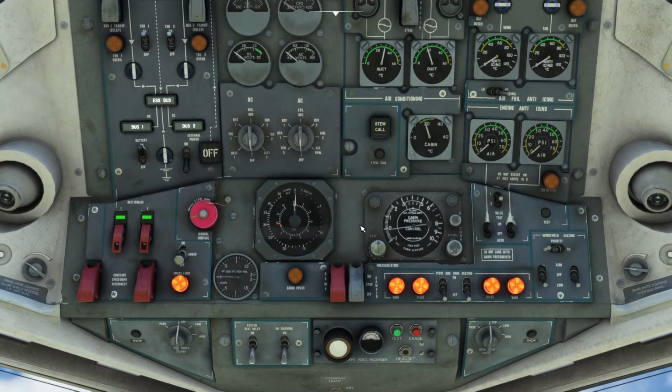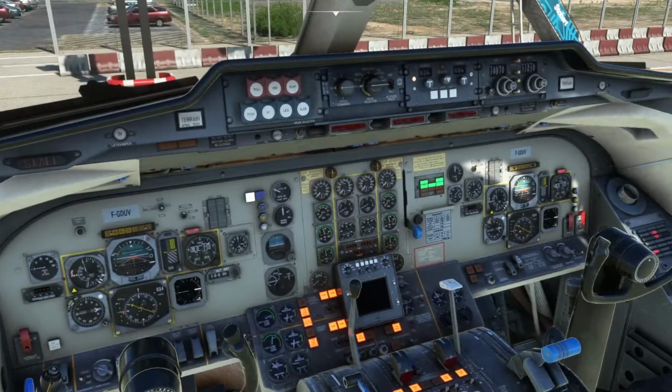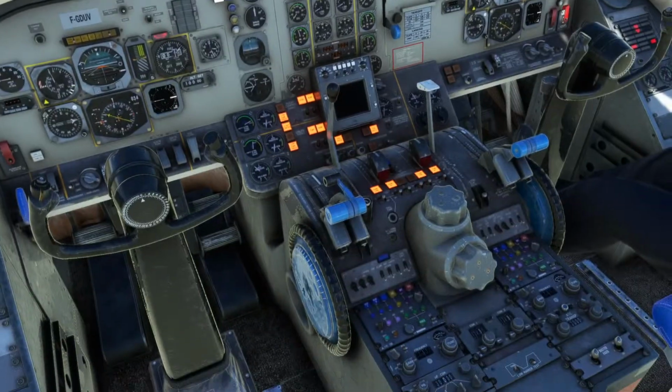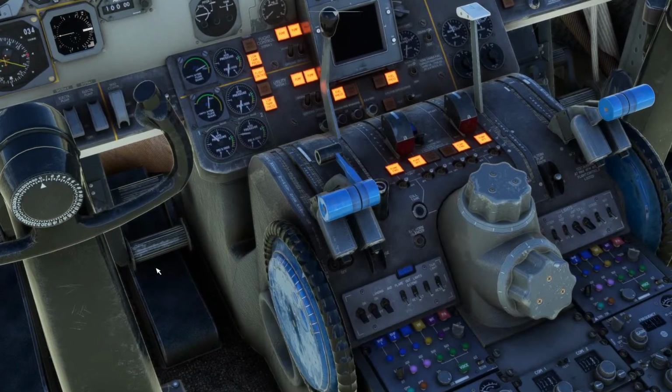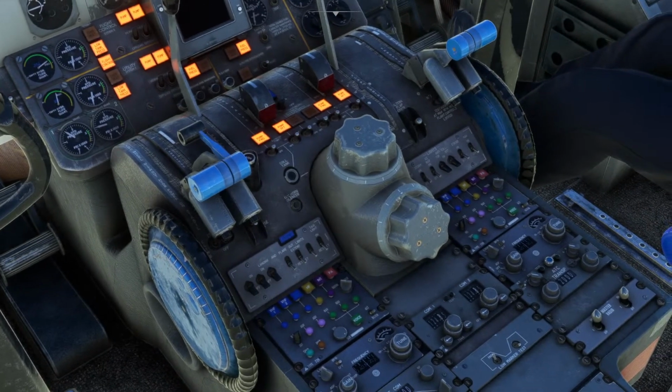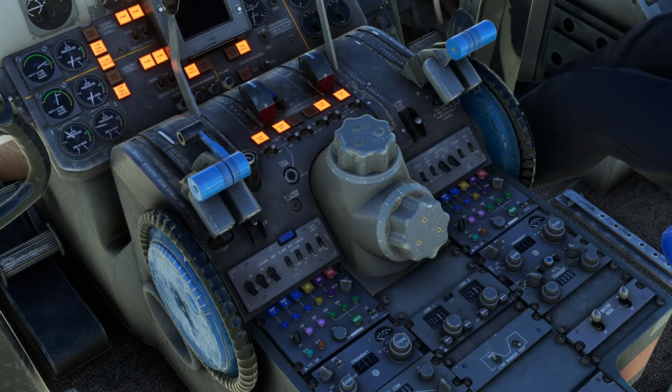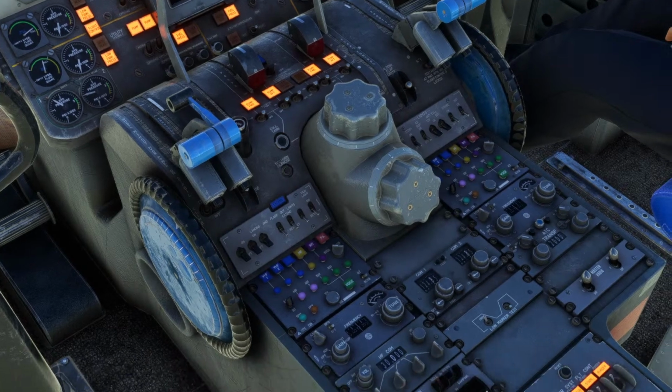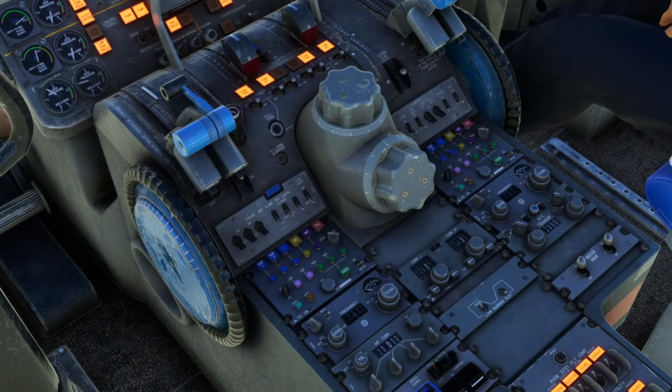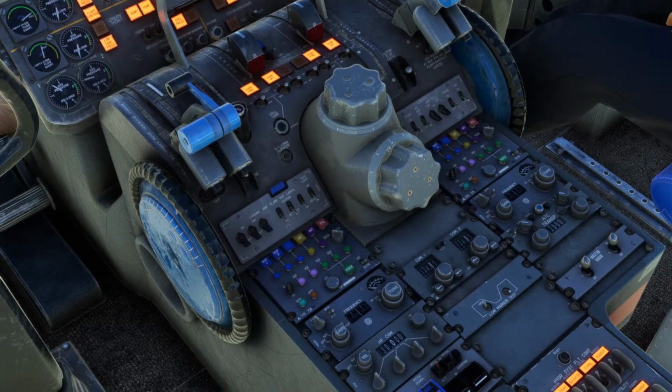So I'm just getting acquainted with where things are then. So on this version of the aircraft, here's the nav radios down here, but they don't seem to have